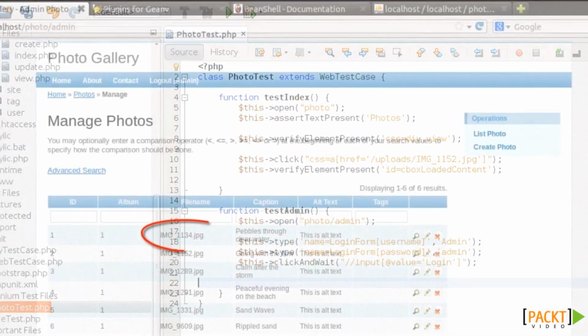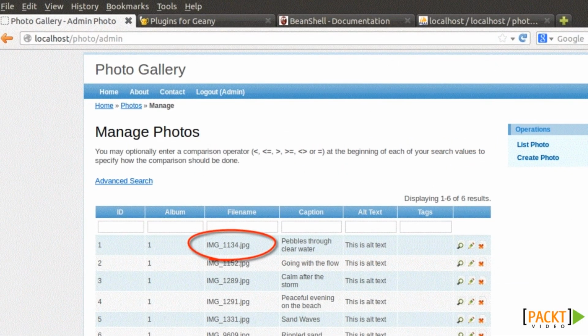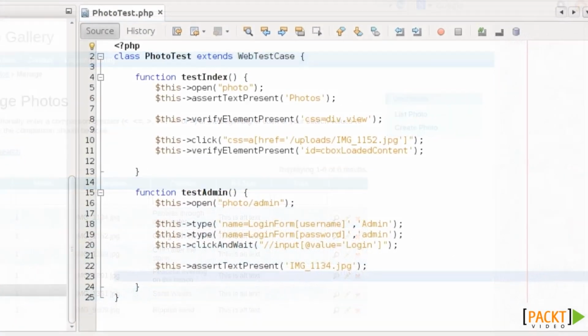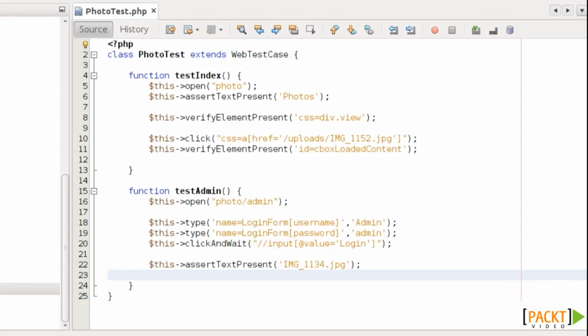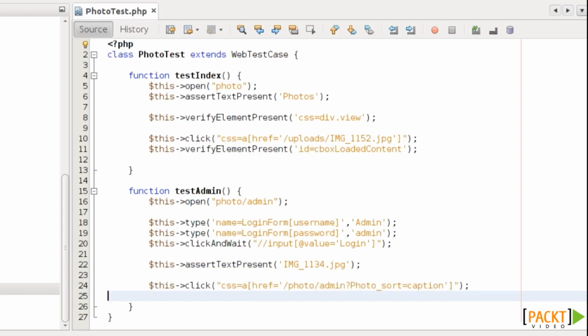So I'm going to check that there is some data being displayed in the table. So let's see if we can find the first photo, image1134.jpg, in the page. And we use an assert, because if we're not on this page, then the remaining test will be invalid. I'm now going to see if the sort function on the table works by clicking on the